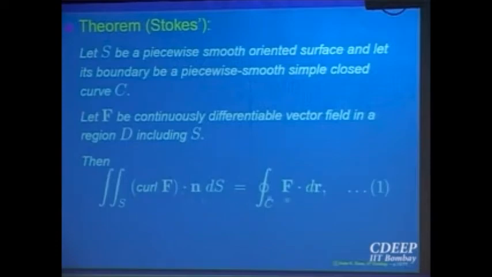Now once again, both sides are oriented things. This N is a normal on the surface. The surface is oriented, so you have to decide which normal you are going to take. For the surface there are two continuous normals possible: one is one way, the other is the opposite way. You decide whichever you want, but for the line integral over the boundary you should give the compatible orientation, the one which comes from the orientation of the surface.